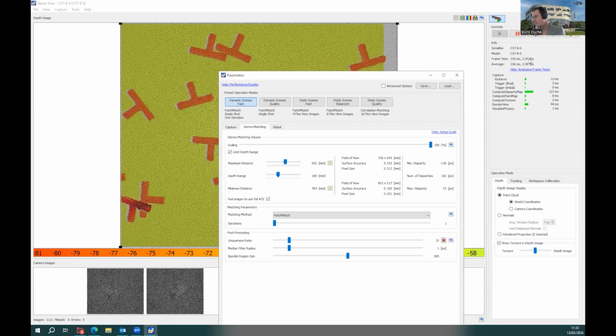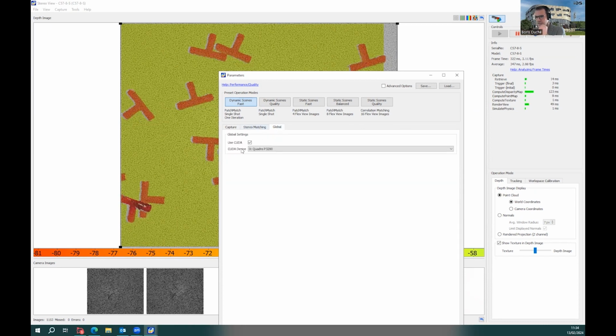Therefore, I increase my frame rate. But also, the configuration of my PC will have a huge impact. Currently, I'm working on my laptop, using the graphics card of my laptop. But if you have a more powerful graphics card, it will have a huge impact, and you can expect to diminish this computation time and to increase the frame rate of your camera.